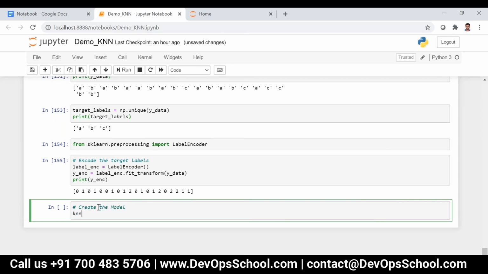So I can write knn_model is equal to KNeighbors.